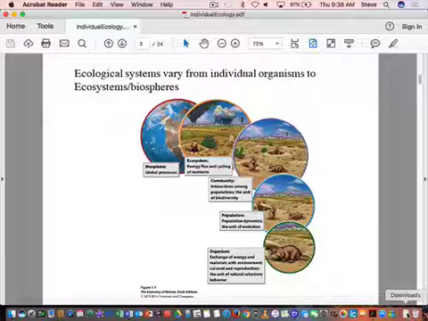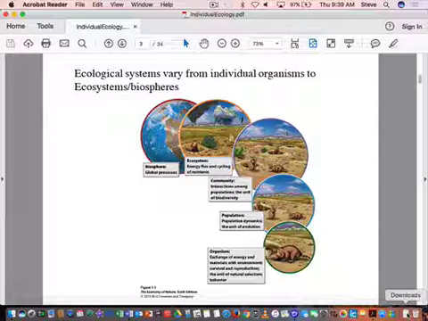The last third of the course is basically going from lower ecological systems to much higher, more complex ecological systems. So at the bottom we have what we call organismal ecology, and that's what we'll be doing today. This is often the exchange of energy and materials with the environment and the survival and reproduction of individuals of a particular species, right? This is where we talk about how individual organisms, particular species, interact with the environment. It influences their survivorship and reproduction. And this is often the unit of natural selection. We often study behavior, how organisms respond to variation in the environment, and all these sorts of things.